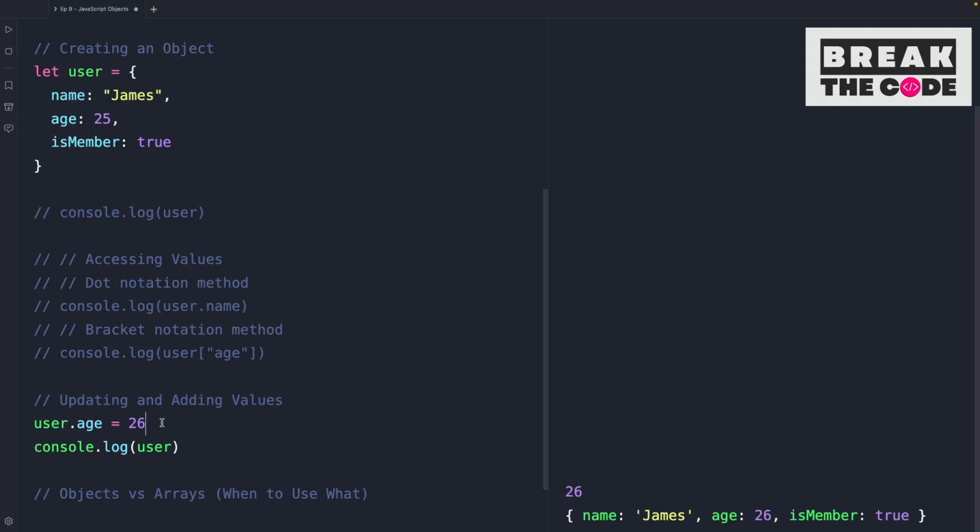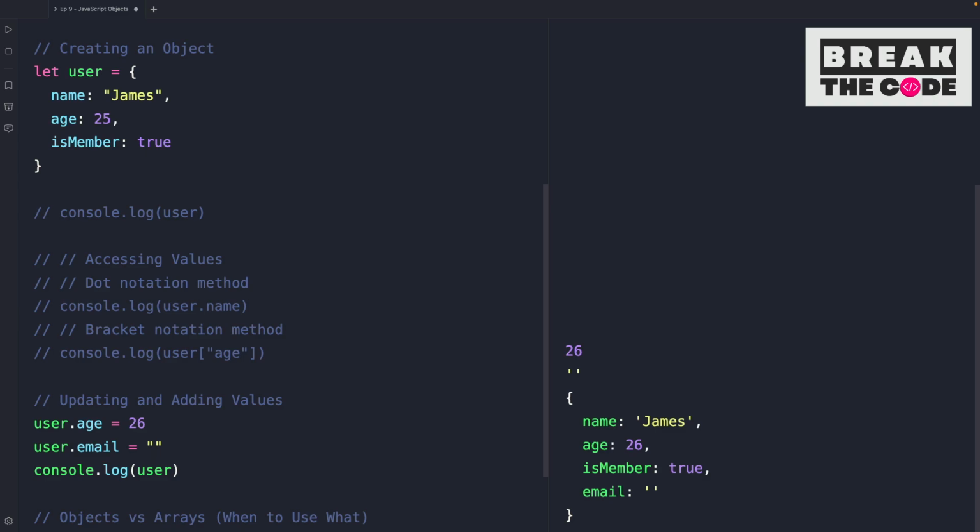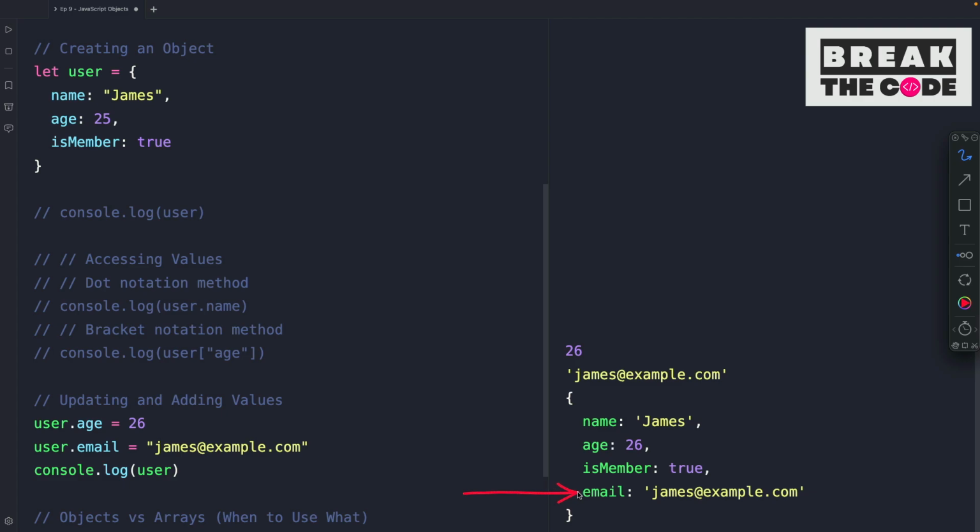Now let's say we want to add a new key and value to the user object. How do we do that? So we go user dot. So what key we want? Let's say email. So we are trying to add an email key value pair to the user object. So we do it like this, user.email, and then we assign it the email address that we want, james@example.com. So now you can see in the updated user object, we have the email key with its new value,